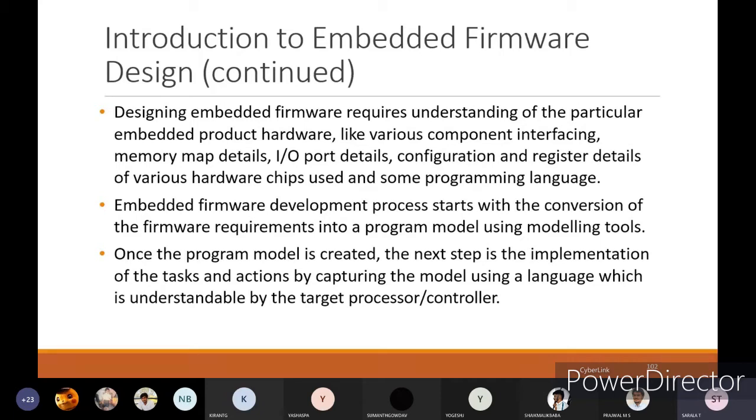Whenever I am writing the program for the application, you should implement the tasks and actions which can be processed or targeted into the processor or controller.